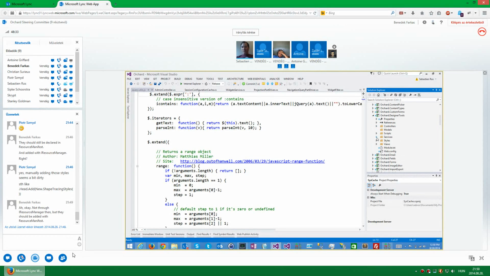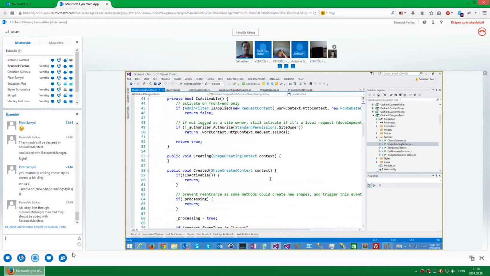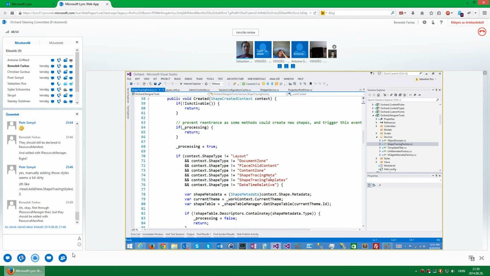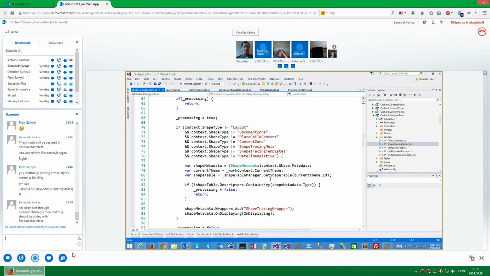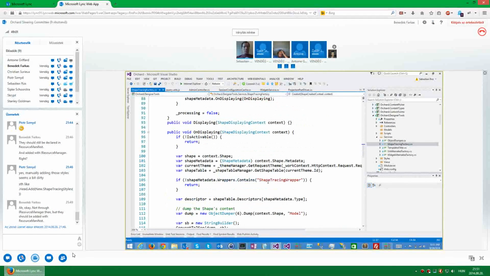Designer tools, services, template. Filter, shape tracing factory. Okay, you're right.